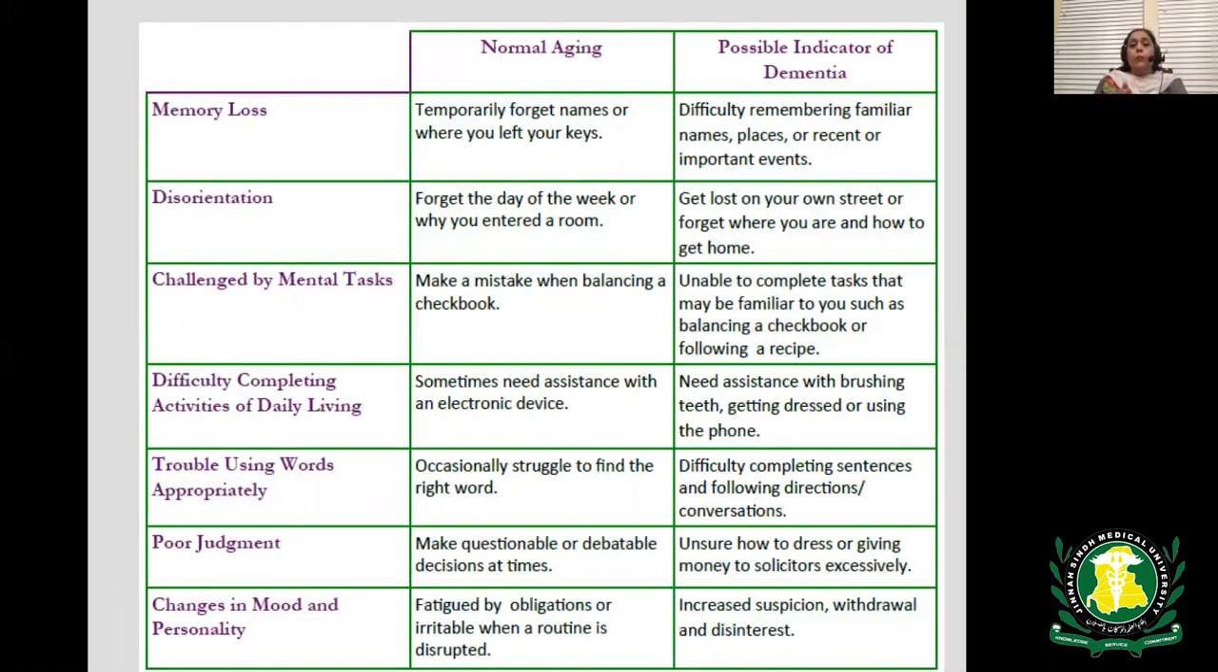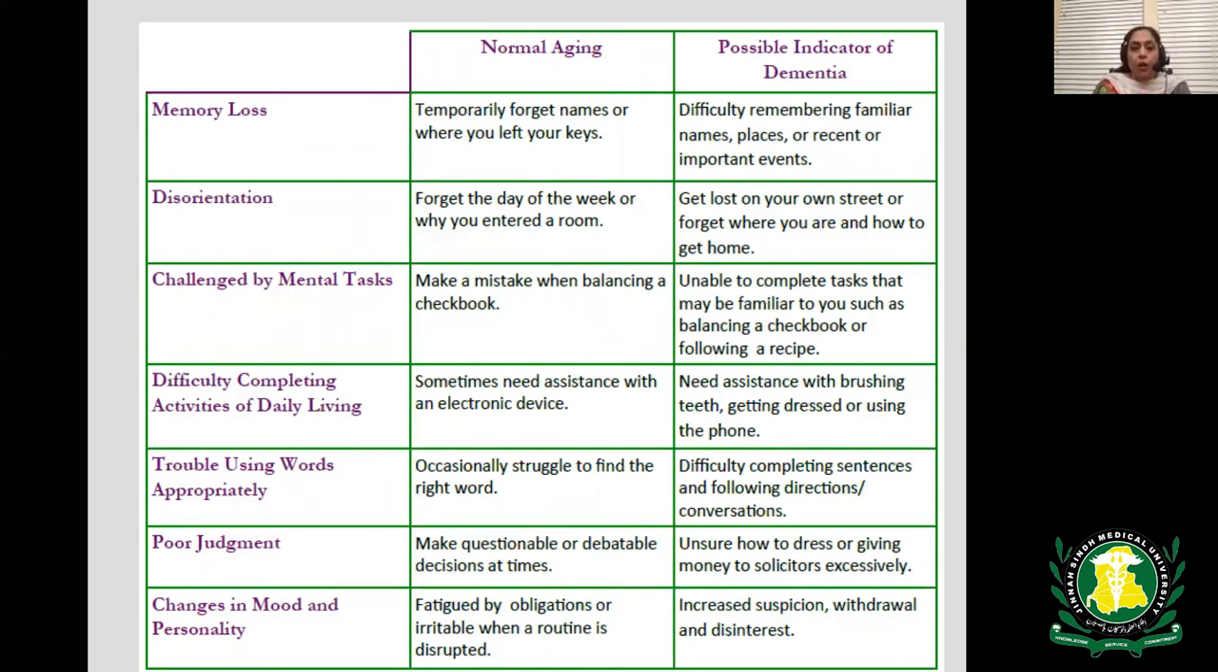The most common question people ask: what is the difference between normal aging and possible indication of dementia? So I have listed a few of the problems. People commonly ask, oh, I forgot my keys. Is this dementia? The difference is that in normal aging, when you lose your keys, you eventually find your keys. And in dementia, it's really difficult to remember where the keys were placed,